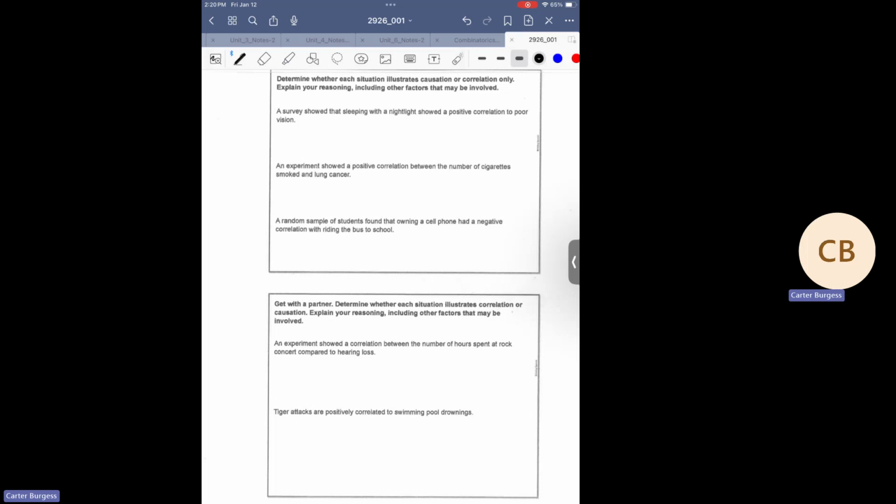So you do it for correlation. The causation one, it's great if you're able to look at the story, but we don't even need to answer it. It's for the correlation. I'm thinking about what other variables.